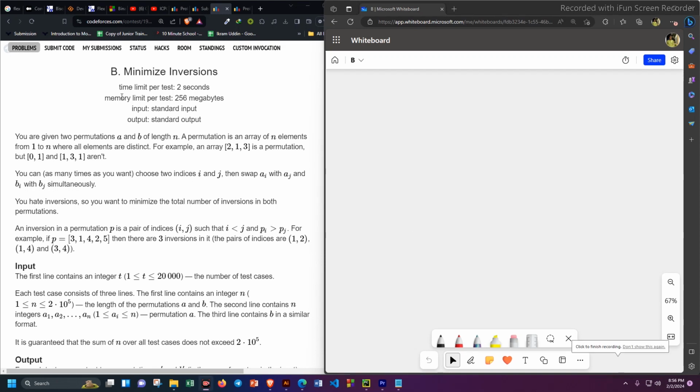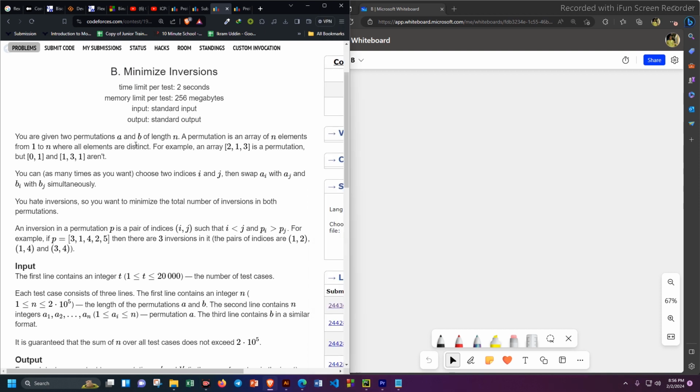Hi everyone, in this video we will solve problem B of the last contest, that is Minimize Inversions. The problem states that you are given two permutations A and B of length n. A permutation is an array of n elements from 1 to n where all elements are distinct. So for example, the array 2 1 3 is a permutation, but 0 1 and 1 3 1 are not,